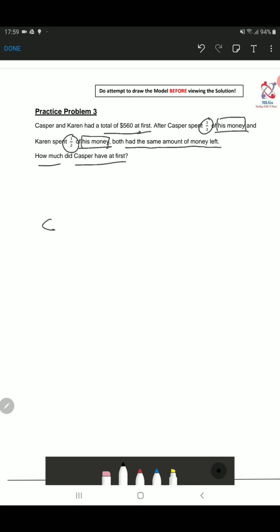So you draw Casper, and Casper has 3 boxes. You draw a rectangle cut into 3 boxes, and he spent 1 box. So maybe I should put the spend over here. And where's the leftover? The leftover will be the 2 units. Then Karen spent half of his money, and both had the same amounts